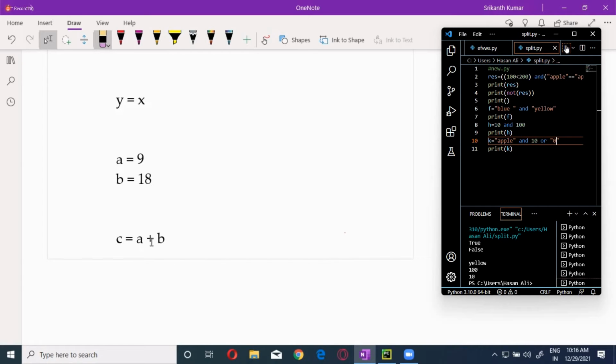Yes, that's right. But in BODMAS, where is the assignment? B is brackets and P is parenthesis. Where is assignment over there? There is no assignment. That is only for the arithmetic operations.